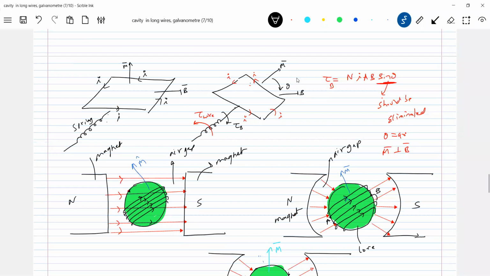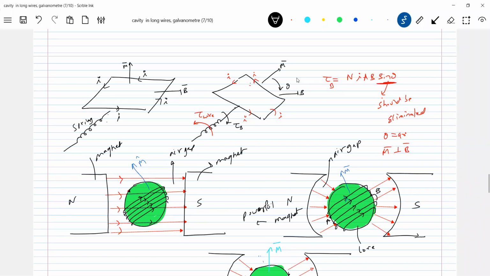That's the reason. Next, why do we go for powerful magnets? The magnets should be powerful, or they should be able to provide more field. That's the advantage. Next, why are we going for an iron core? Because the net B bar will be more. What is the mu r, the relative permeability for iron? It will be almost around 10,000 something, or say 2 lakh something. The field strength without iron will be say B. Then with the iron core, what happens? It will increase by almost 2 lakh times. So therefore, we increase the field strength with the iron core. That's the advantage of using an iron core.